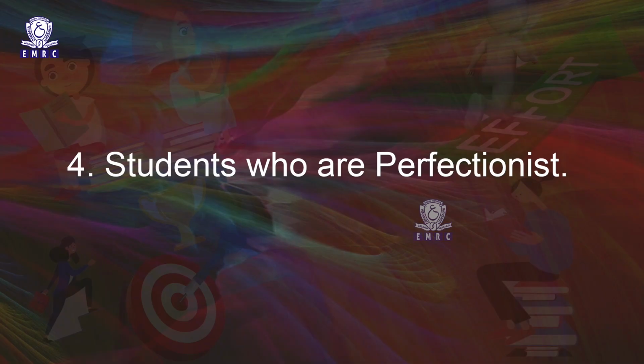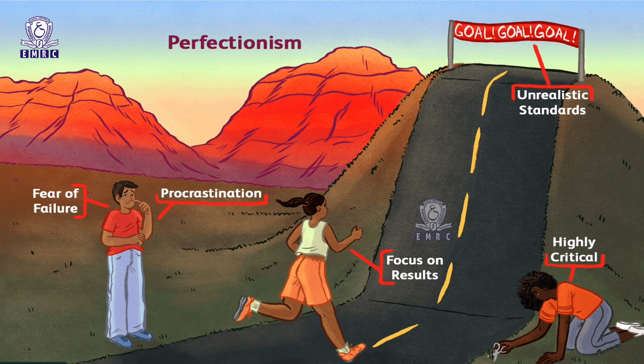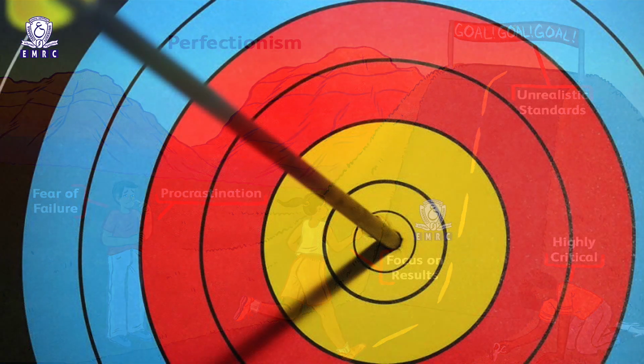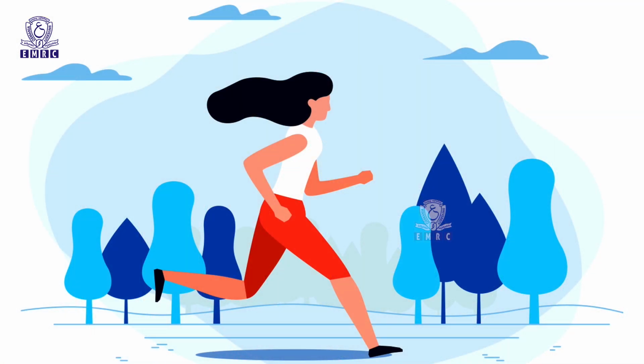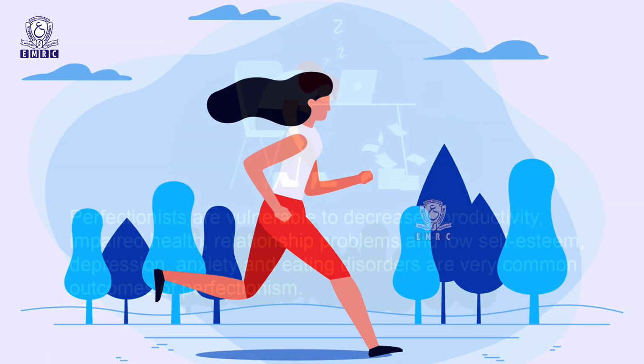The next category of students who have achievement problems is students who are perfectionists. So far we understood how students procrastinate, and this category of students are high on perfectionism. You know what perfectionism is? They don't want to commit any mistake, mistakes are never acceptable to them, and they set high standards of performance which can never always be achieved. Healthy achievers and perfectionists differ in a number of ways.